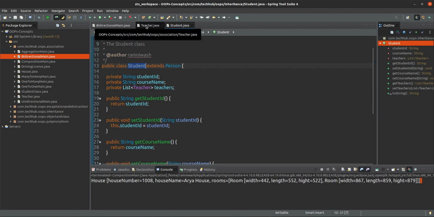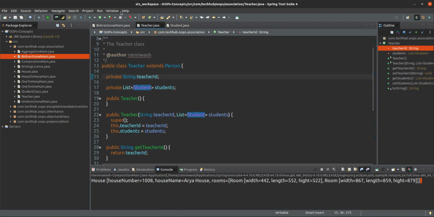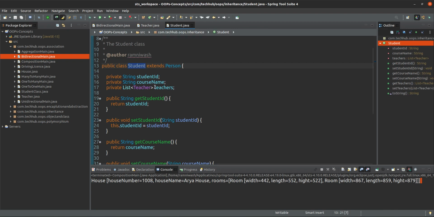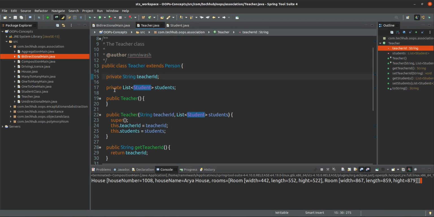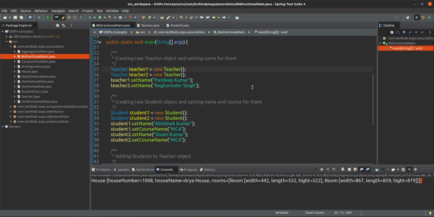So this is a bidirectional mapping, because inside the teacher object a student reference is there, and inside the student object a teacher reference is there. This is a bidirectional mapping.